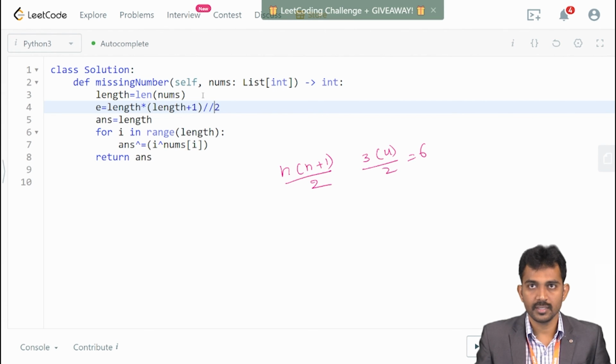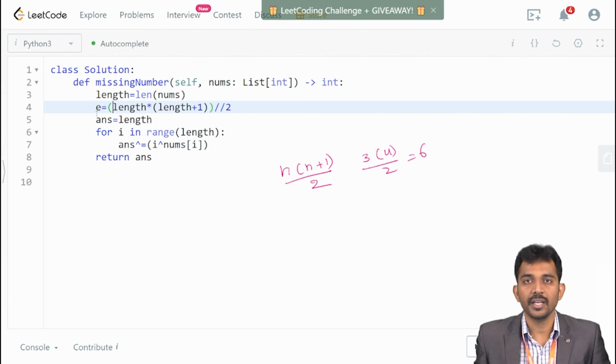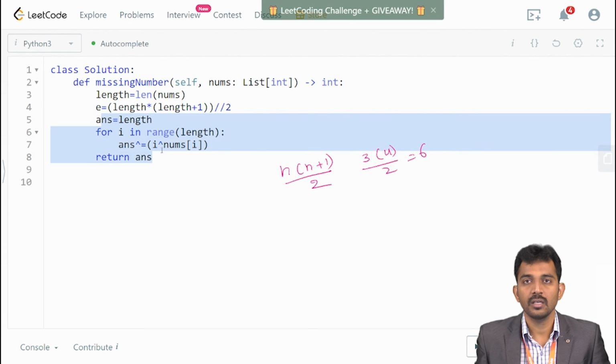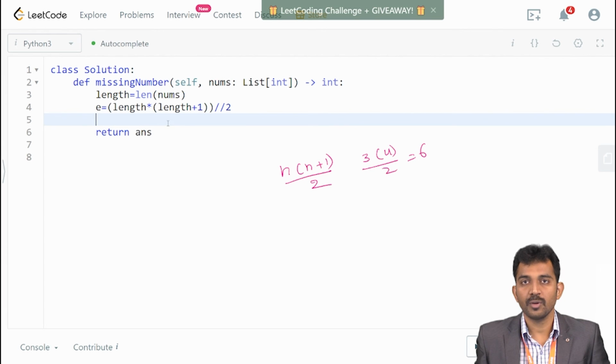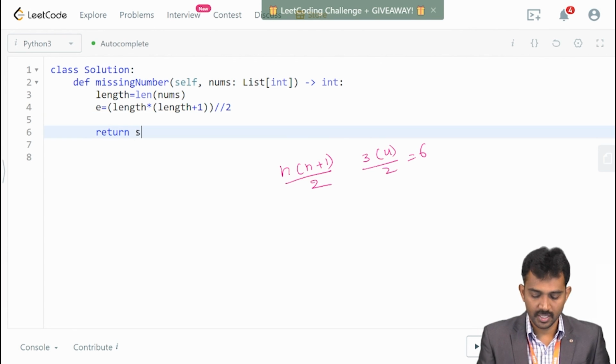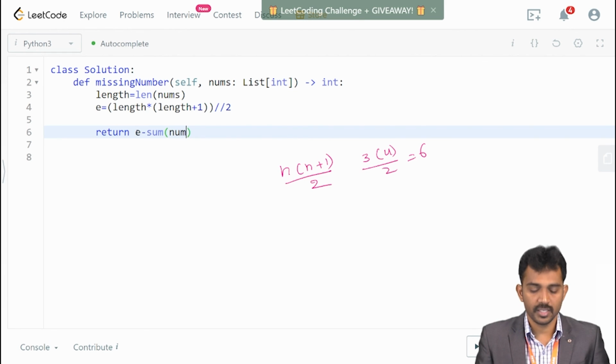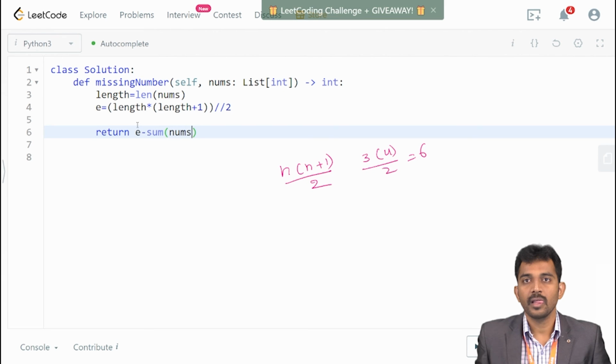Then I'll get the expected value, right? From this I need to subtract: expected value minus the sum of nums, right? Yes or no?